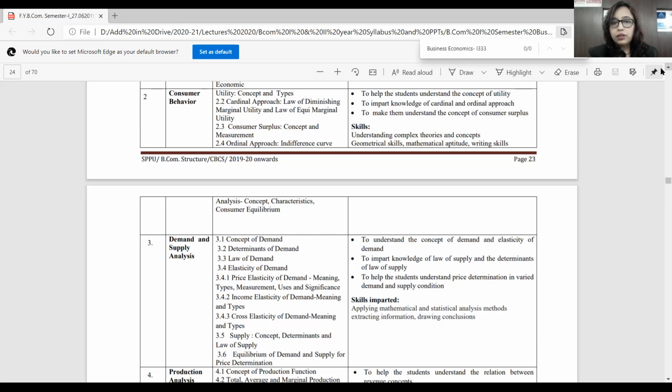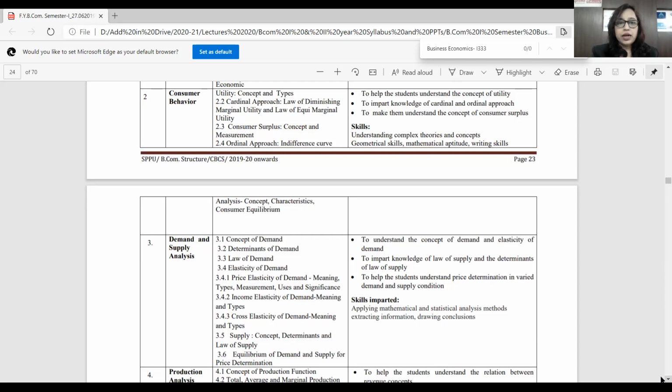Somewhere or the other, some concepts would repeat themselves because you have studied economics as well in 11th and 12th commerce. So you'll understand, but there would be a few students who are coming from the science stream, right? 11th, 12th have done science. So I'll keep that in mind, and I'll teach keeping in mind that there are some students who have never studied economics. So no worries about that. I'll be clearing all your concepts.